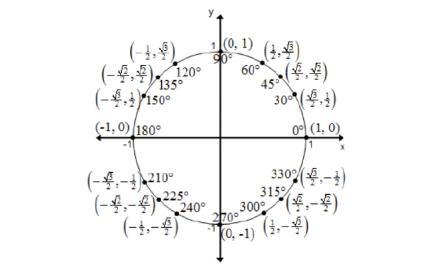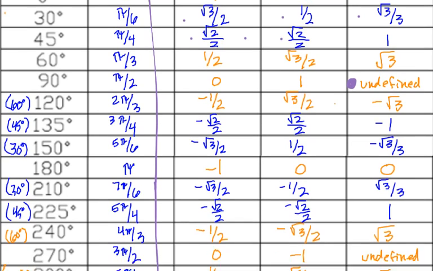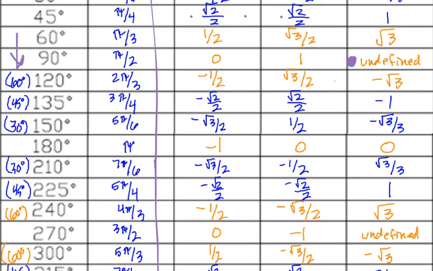And then based off this information, you can figure out what all of these are. Remember, if it's undefined, it's usually because it has a 0 under it, and you can't divide by 0. But, pause this and write them down. And notice how they go from positive and negative. And even notice the reference angles here. 120 is really like a 60-degree angle, because it's in that